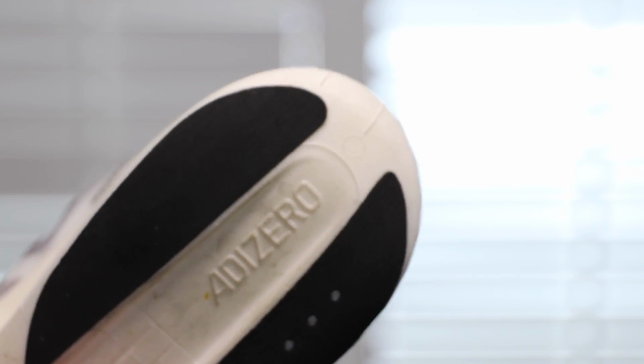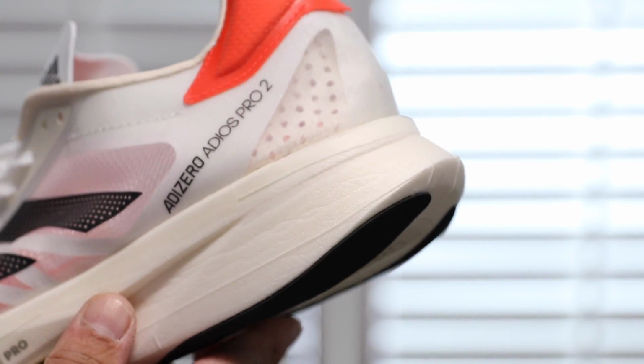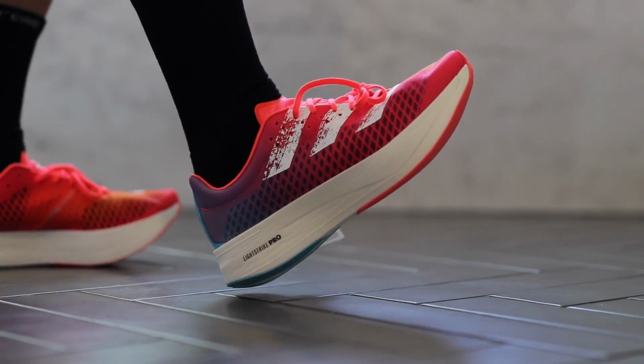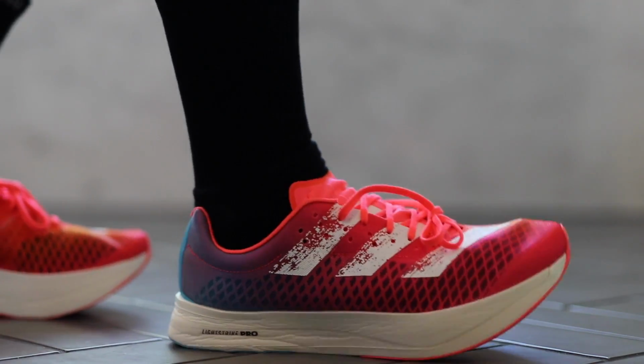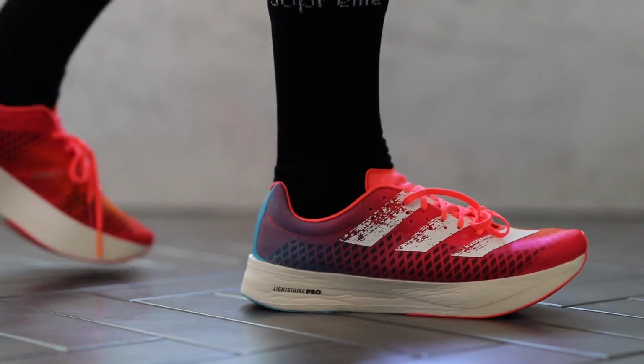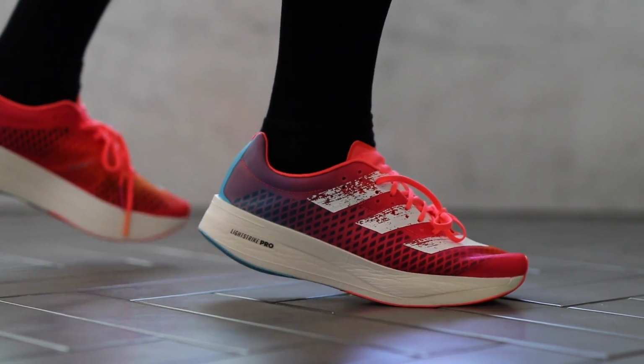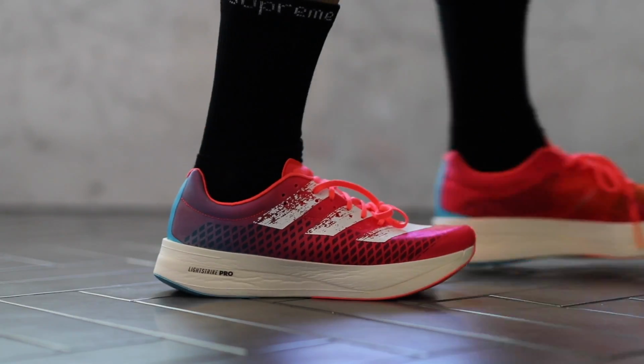But this is a shoe that I was really interested in. First of all, aesthetically, I thought the shoe looked super rad. I love the difference on the midsole from the first version of these, which I did a review on as well from a casual perspective. And honestly, it was the first time I tried the Lightstrike Pro with the first version, and I was blown away. I was like, this is the next level for what Adidas needs to do and make it more mainstream,